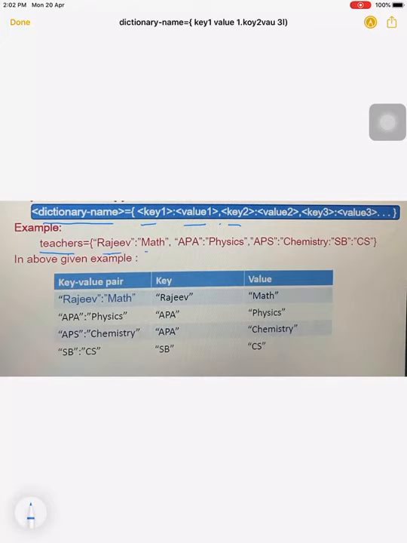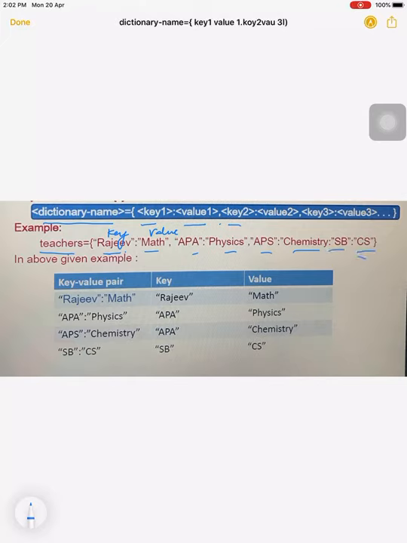For example, here we take a dictionary named teachers. Here we have written the names of the teachers as the keys and the subjects as the values. So how do we write it? Here Rajiv is a key and math is a value.